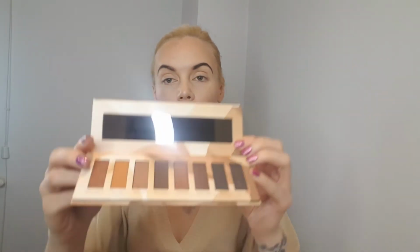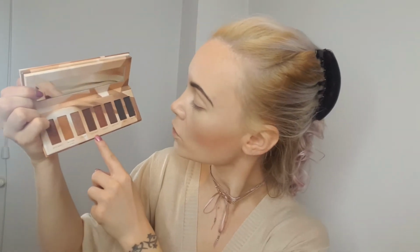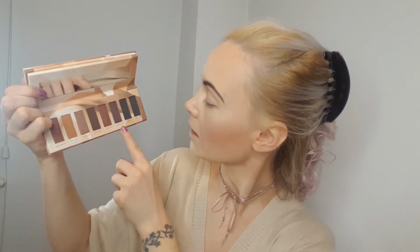Let us try. So let me just show you again the eyeshadow palette. So in here we've got Says Who, Molten Gold, Iced Up, Soulmate, Granite, Lights Off, Babe, and On Fleek. Now I'm gonna tell you a secret about me. I hate the word fleek or on fleek. The first time I heard brows on fleek, I literally...